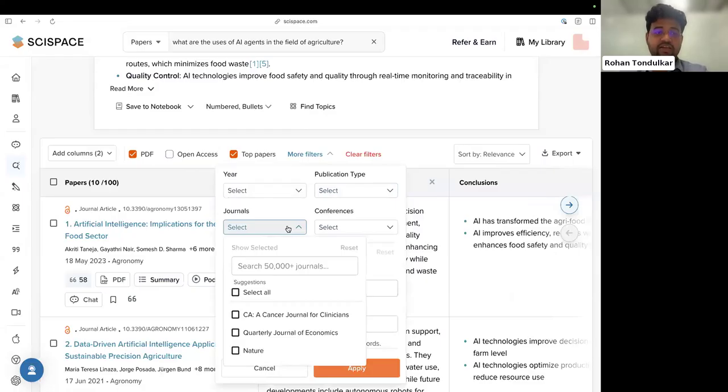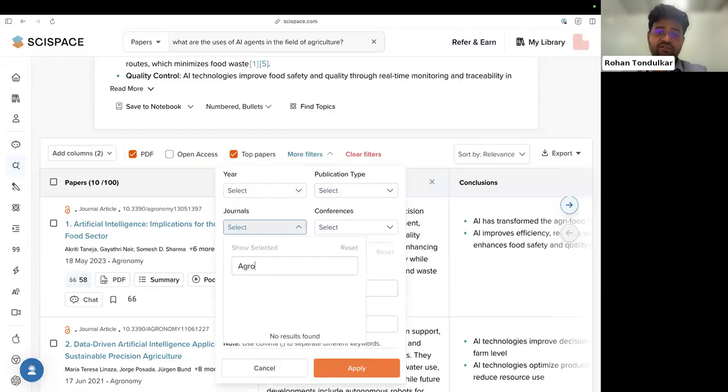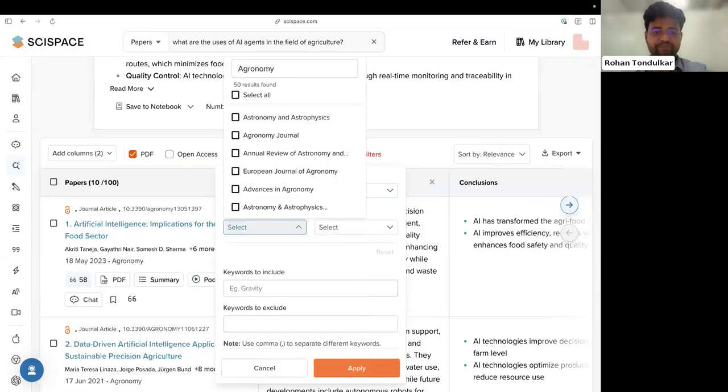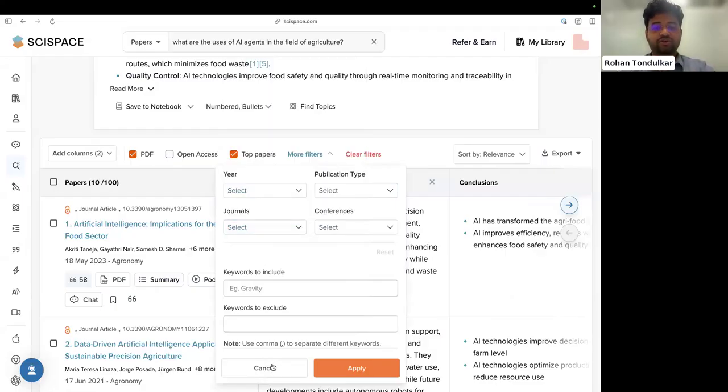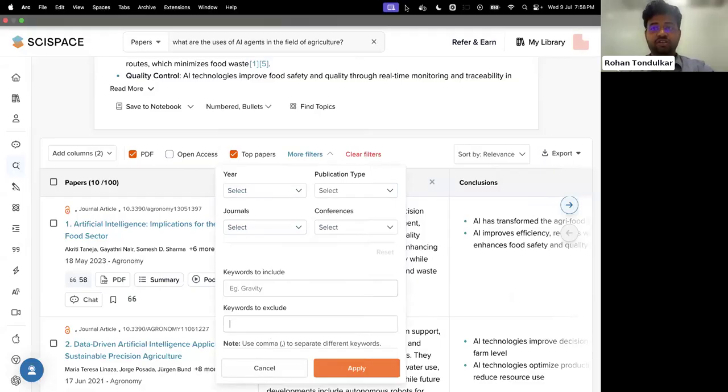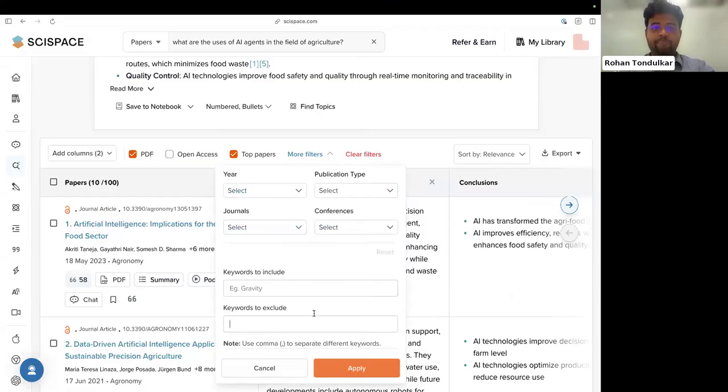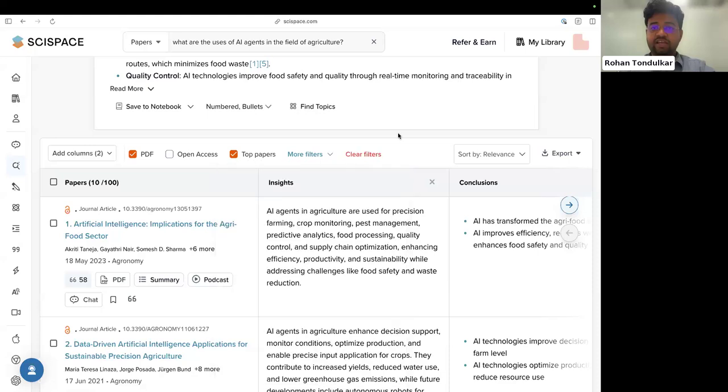You can type to select journals. Let's say I search for agronomy. Right now, I have multiple agronomy journals. If I select one, I'll only get the papers from that journal. Right. And what you write in Boolean queries, right? Usually, like, hey, title should have this, or abstract should have this and abstract should not have this. All those things you can use here, right? I hope this is clear.